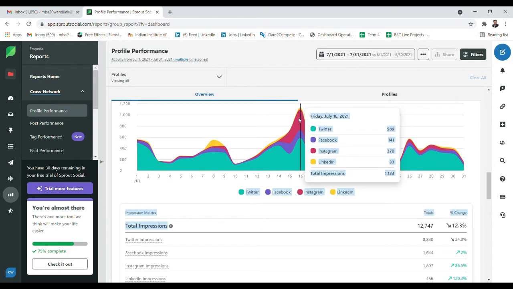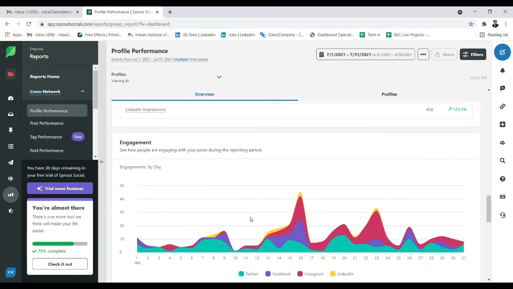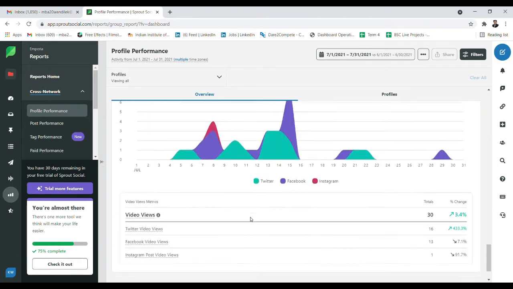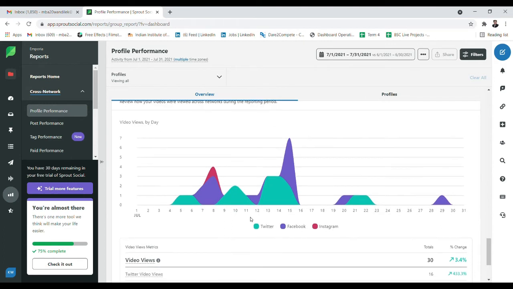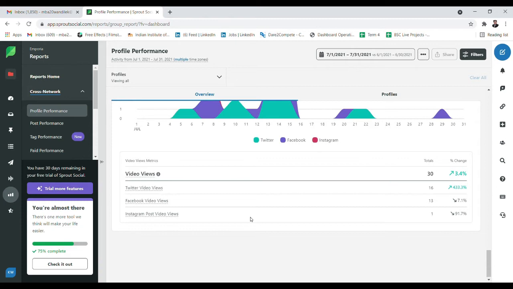Similarly, you can see on 16 July there are many impressions. Similarly, there's the engagement report and video views. So there are several reports as we see: audience growth, impressions, engagement, video views. Basically, all these things are very important when you handle social media pages for any company, for any brand.